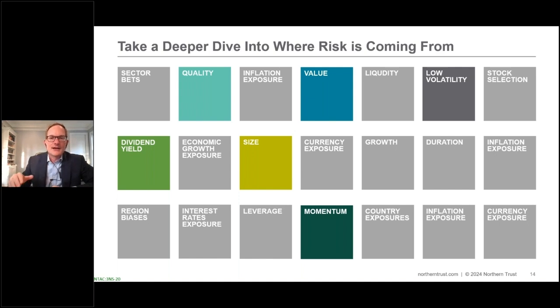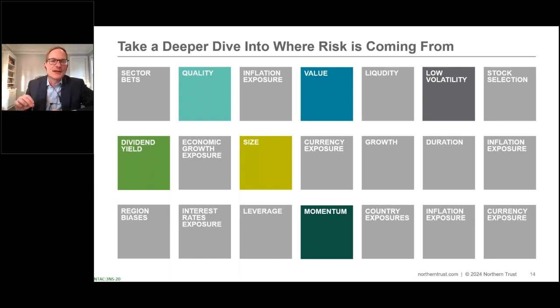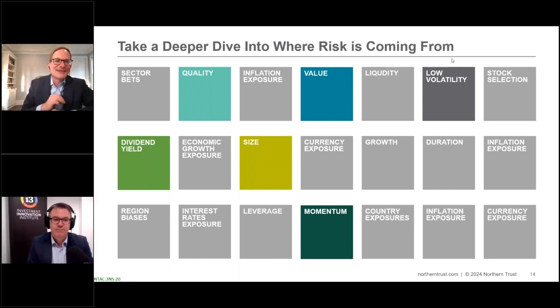So I'll leave it at that. I know we have several questions that have come in, but the key message is be precise. The actions of the past in terms of risk management are not necessarily applicable to the future. We have more data, we have better tools at our disposal. We really need to use them when we think about risk mitigation.